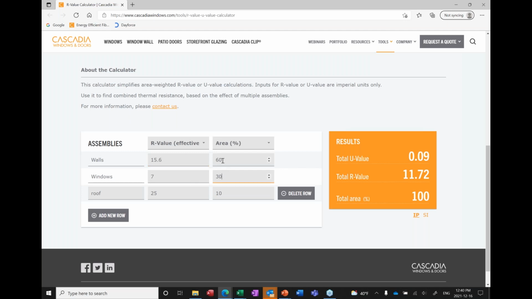So varying the glazing area, we don't have to have double the amount of walls to window. In fact, we could flip this on its head and see what we need. So a triple glazed window with a well-performing wall and a well-performing roof will give us that total envelope R value of over 9 with 60% window and only 30% wall.